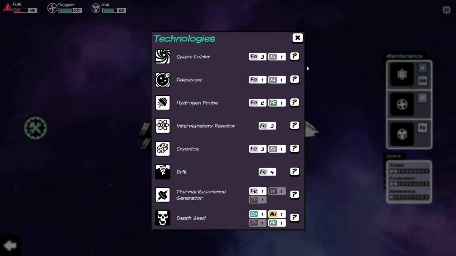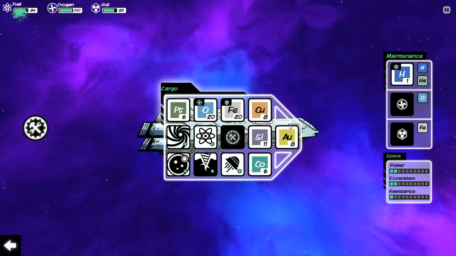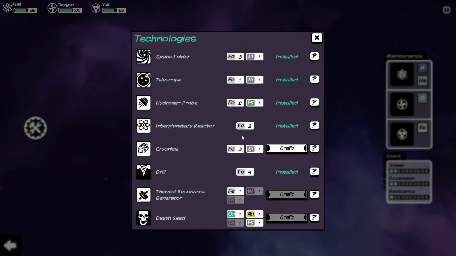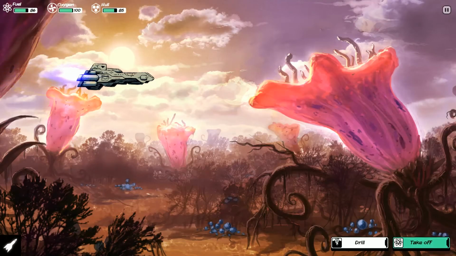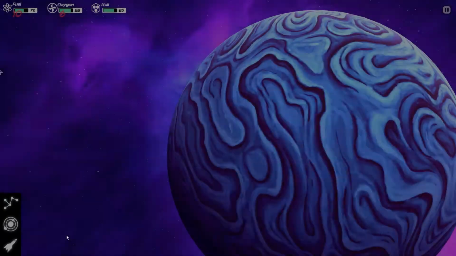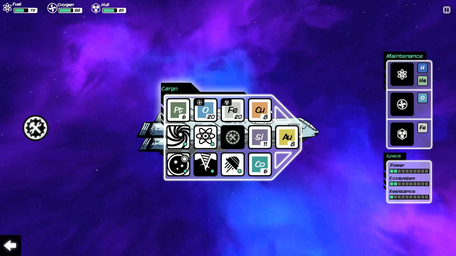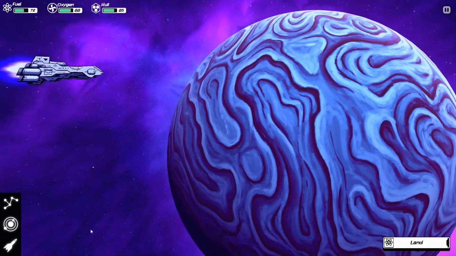Just have a quick look at technologies. Let's refuel. Should get us up to 86. There's nothing which we could build that we want to build. Death Seed we need thorium for, and I'm not really sure that I want to build it. It sounds quite, well, Death Seedy. Just have a quick look. I did need tungsten for the other thing. Whoops. I thought there was nothing I could use it for, but...